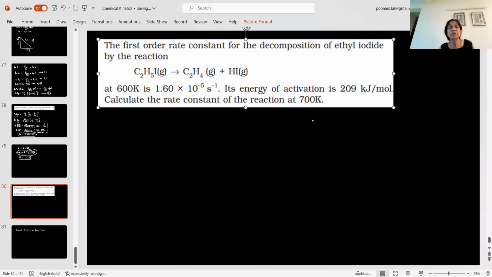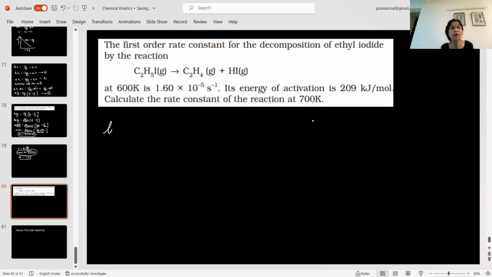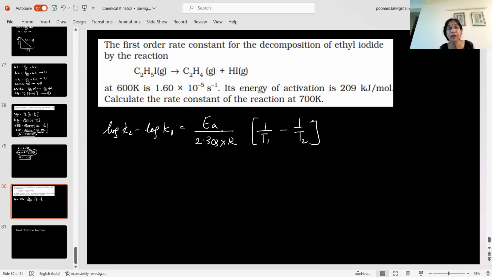first order rate constant is given at 600. So you have to do the same thing, only calculation will be a little different. So here again we have to do, we can write log K2 minus log K1. We will write it separately, is equal to EA upon 2.303 into R and 1 upon T1 minus 1 upon T2. Okay, so we have to find log K2. So log K2 will be equal to log K1